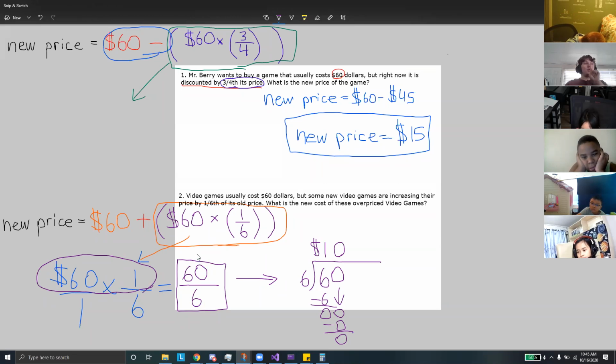So remember, we're not all the way done with our problem yet because we still need to find out what the new price is. All we've done so far is find out what the change is going to be, right? How it's changing. And we found out that $60 times 1 out of 6 is equal to $10. So the last step is, and I'll erase my division problem here,